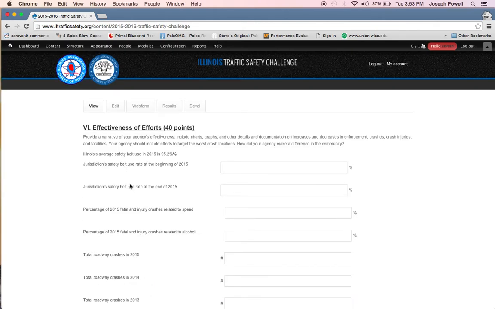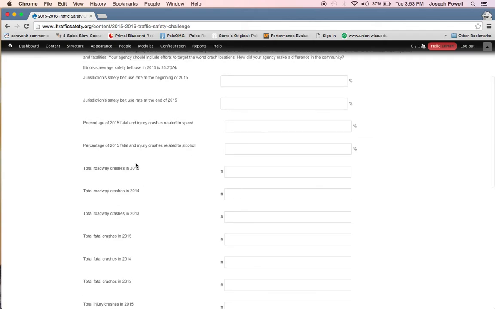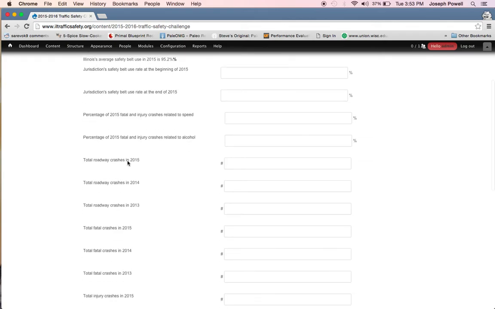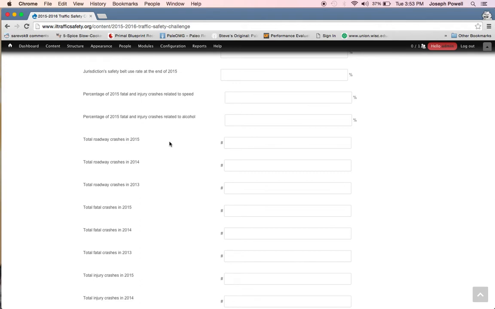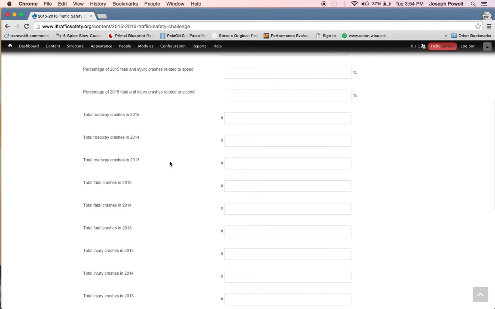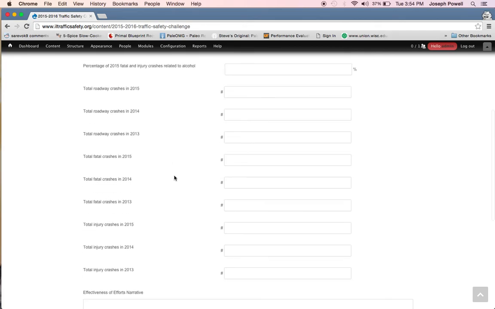And then finally, the effectiveness of efforts. This is worth 40 points. The Illinois average safety belt use rate in 2015 is 95.2%. If you don't do your own survey, you can put that for the end of 2015 and use last year's as the beginning of 2015. Then the percentage of 2015 fatal injury crashes related to speed, the percentage related to alcohol, and then you'll put total roadway crashes, total fatal crashes, total injury crashes,